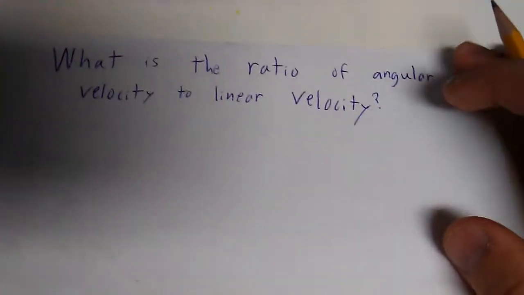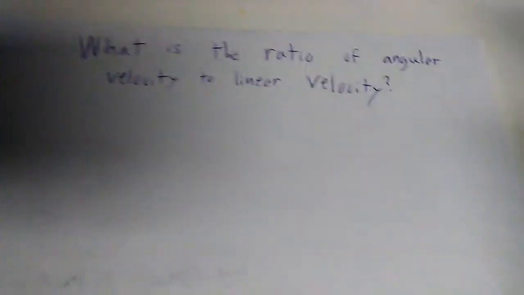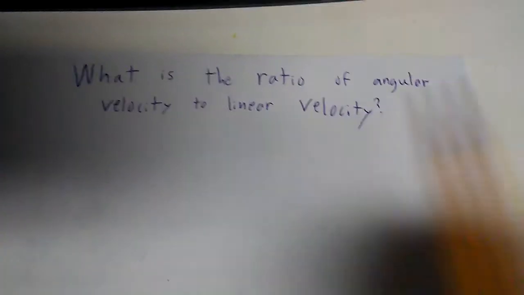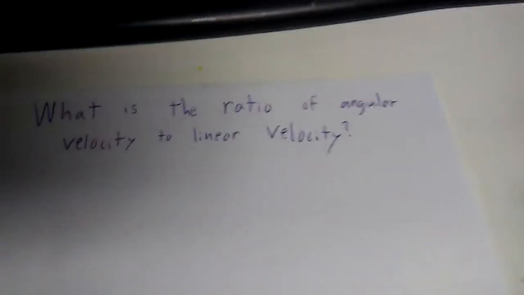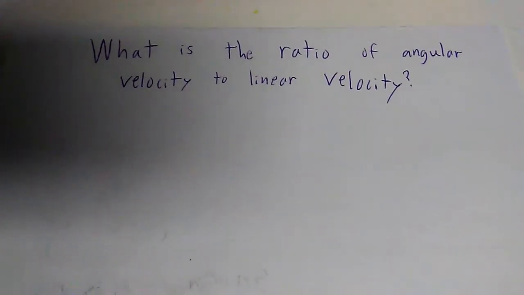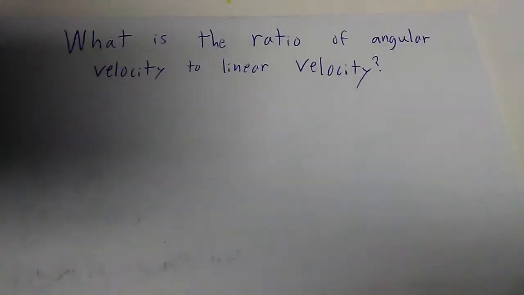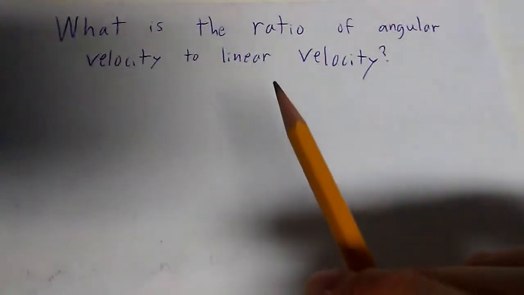So one question from our recent rotation quiz that a lot of people have asked me to go over is the question that simply asked, what is the ratio of angular velocity to linear velocity? And given the multiple choice options we had, I can see why that confused some people, but I'll explain it here. So because we're looking for a ratio of angular to linear velocity, we're going to need to